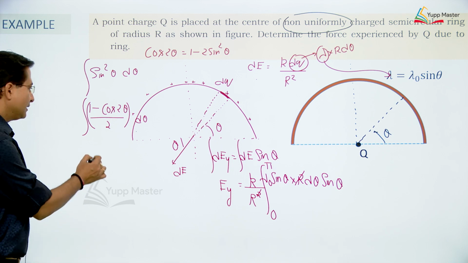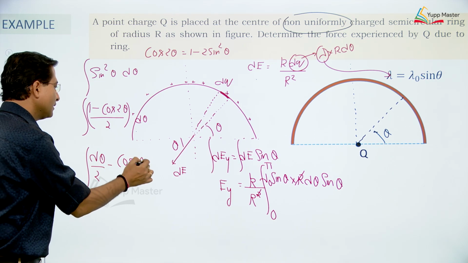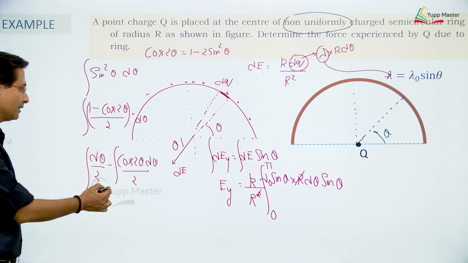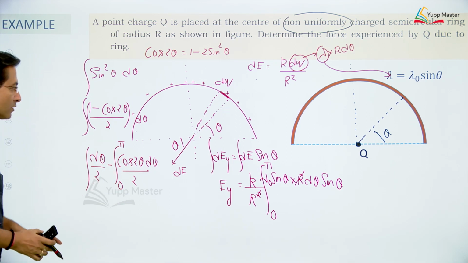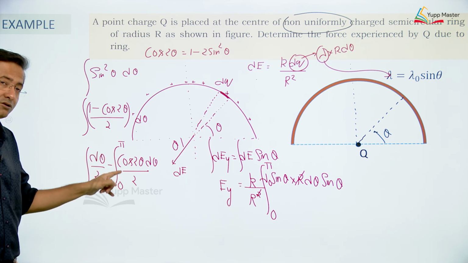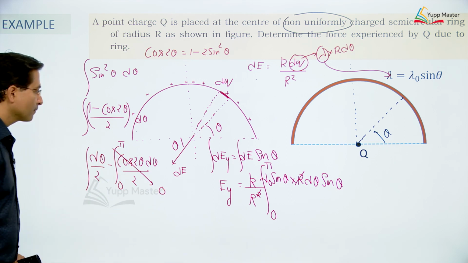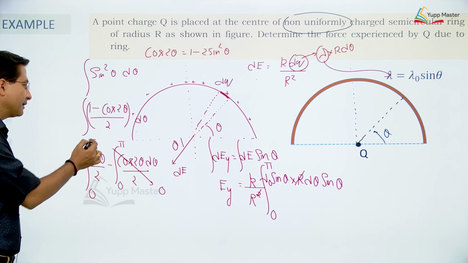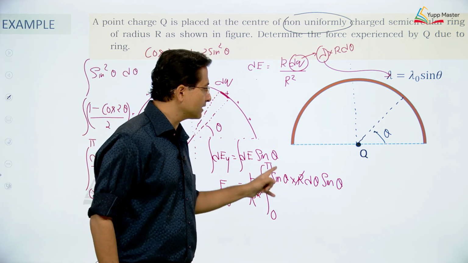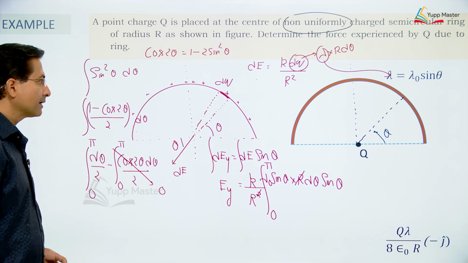Now look at this one, the first term is integration of d theta by 2, and the second term is integration of cos 2 theta d theta by 2. Cos will give you sin, and the limit is 0 to pi. Sin 2 pi is 0, sin 0 is also 0. So this whole value will become 0 over this limit, and if I integrate d theta by 2 from 0 to pi, I will get pi by 2. So in the whole integration I will get just pi by 2 in multiplication. If I simplify, then I will get this way.